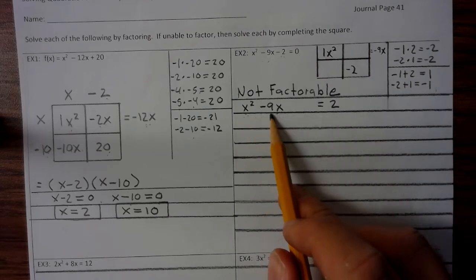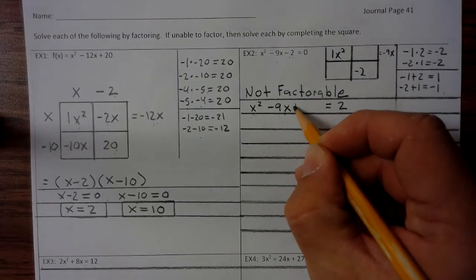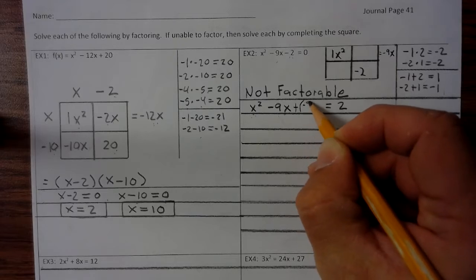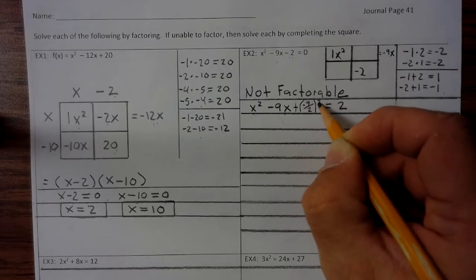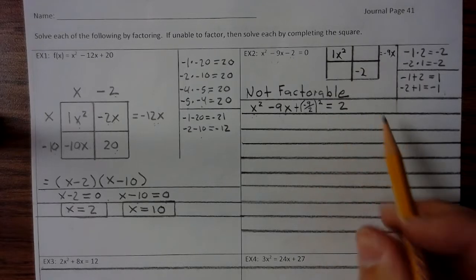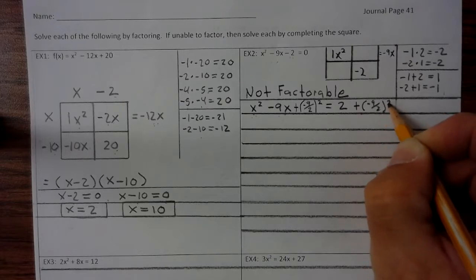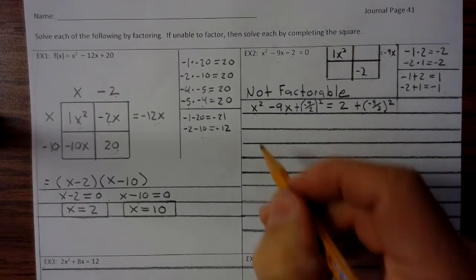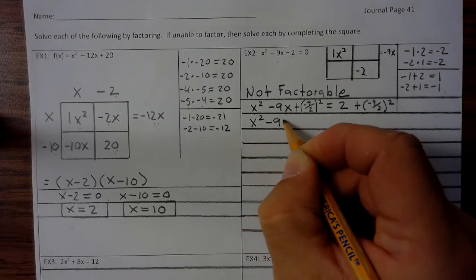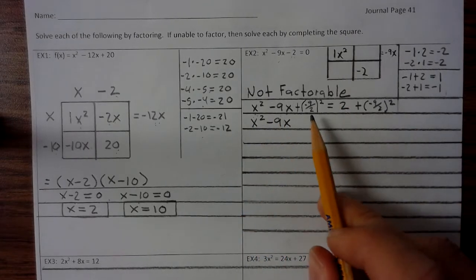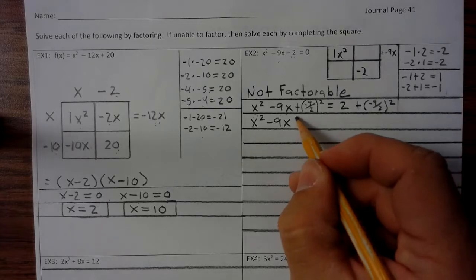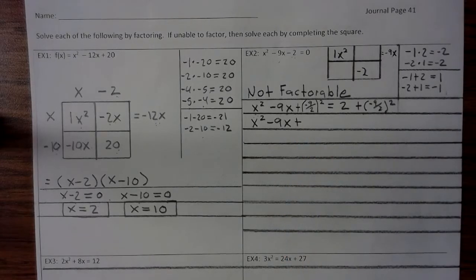Now to complete the square, we take the middle number divided by 2 and squared. So that's plus negative 9 divided by 2 squared. But if you add something to one side, you have to add the same thing to the other. So it's plus negative 9 divided by 2 squared. So then that's x squared minus 9x, okay? And then plus negative 9 divided by 2 squared, which is